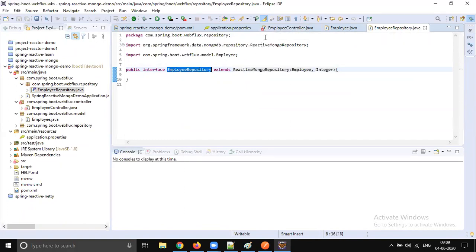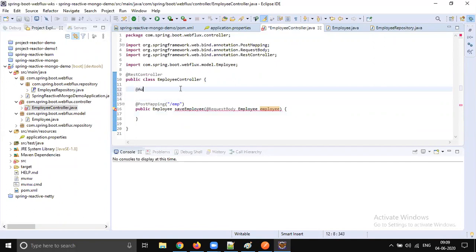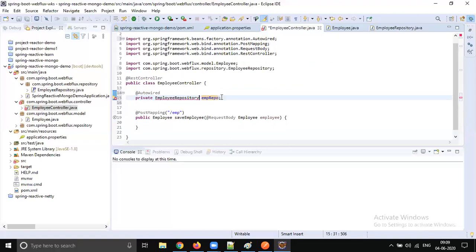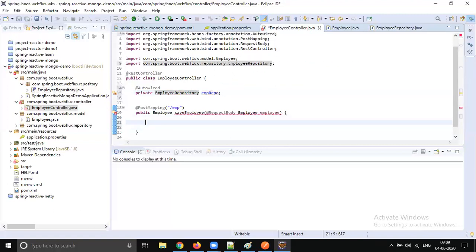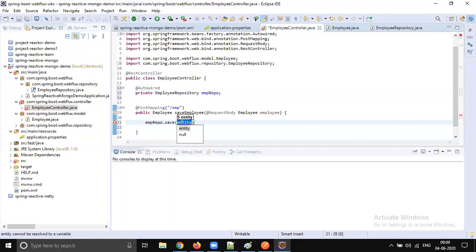Now let's go back and autowire that repository and call that method. Autowire private employee repository, emp repo. Then we can directly call emp repo, just import. Do emp repo dot save and pass employee. Save the employee.